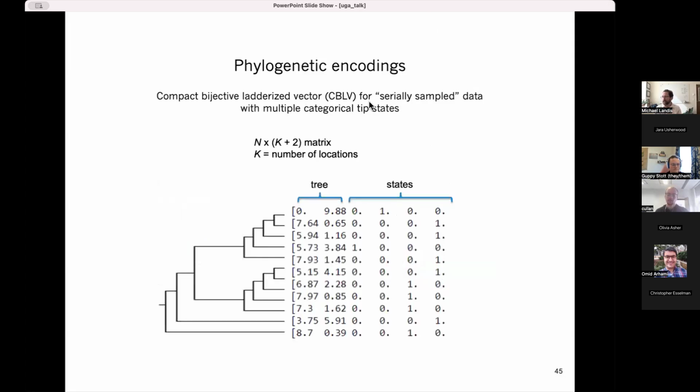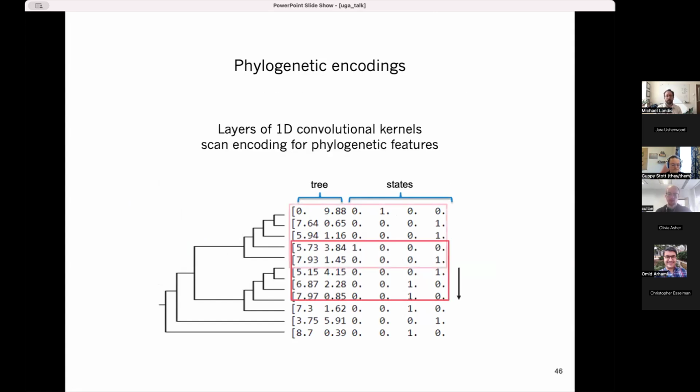With Ammon Thompson, my collaborator on this project, we extended this format to include states for the phylogenetic tree. So we don't only include branch length information and topological information, but we also start to include locational information, such as where did we get these different virus samples. Once we have a format like this, we can begin applying our CNN approaches, which will basically scan our tensor to look for local patterns, local features that can be used to reconstitute information